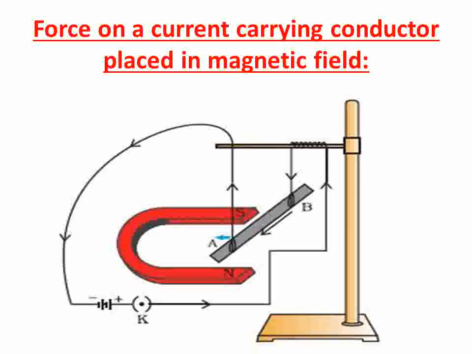In between the poles of the magnet, a current carrying conductor AB is placed. When the current is flowing inside it, the current carrying conductor produces a magnetic field around it according to the Oersted experiment. This magnetic field and another U-shaped magnetic